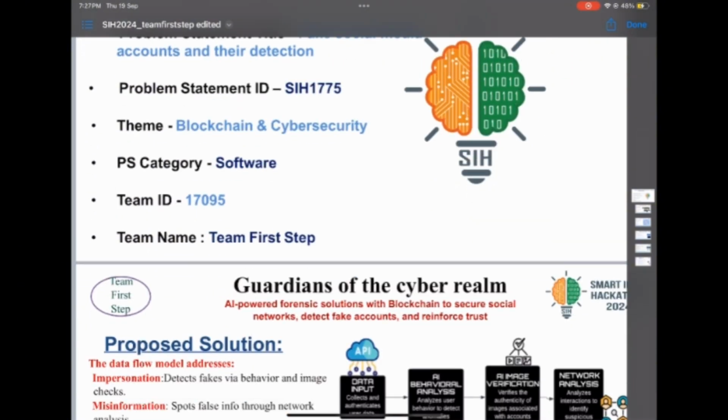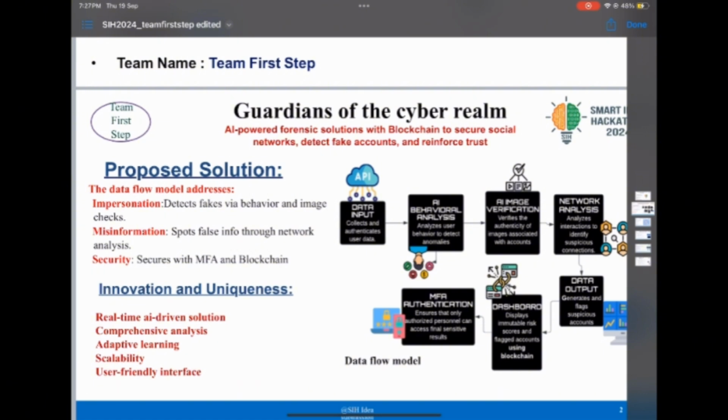We proposed a solution where we first collect and authenticate user data. We collect data from the APIs from the Facebook Meta Developer website. Once we get access to the API, we take that as our data input, and then we perform feature engineering, which is to extract important features which contribute to saying that the account is fake or real. And then we take those features and build a model by performing various analysis techniques like AI